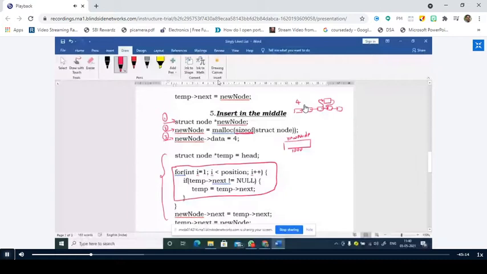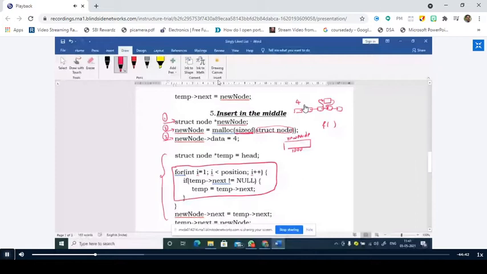Why? Because any function has the syntax like this, the function name followed by the open parenthesis and the closed parenthesis. Here the sizeof also looks similar, right? But you should not treat sizeof as a function. It is an operator in the C programming language which returns the number of bytes occupied by the input given to it. So for struct node, what is the input given? What is the size occupied by the struct node?